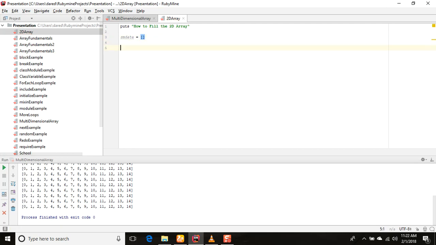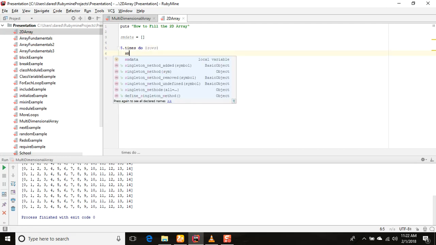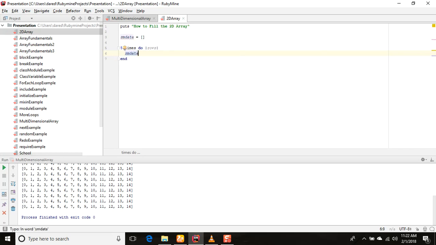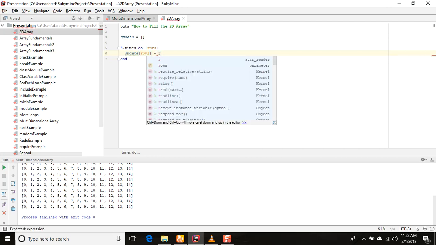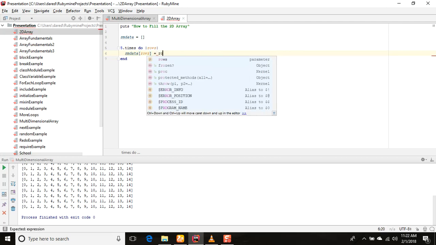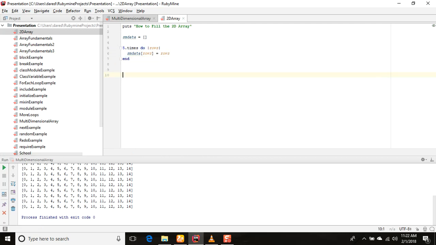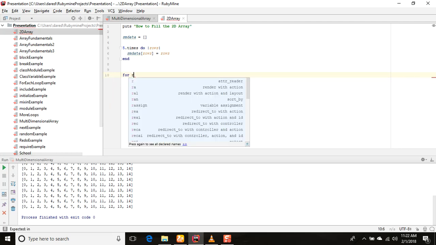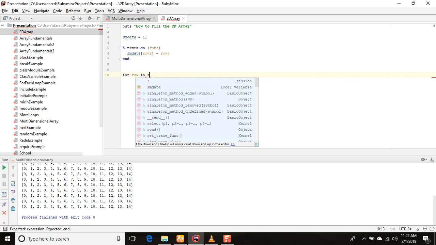Now if I want to enter some values in that, for example, I will use 5.times do and use the rows concept. Then I will use sm data, and in this sm data I will place rows, it means the values, and then I will use the row. After that, if I want to inspect and display that array, I will use a for loop here, and use row in sm data,